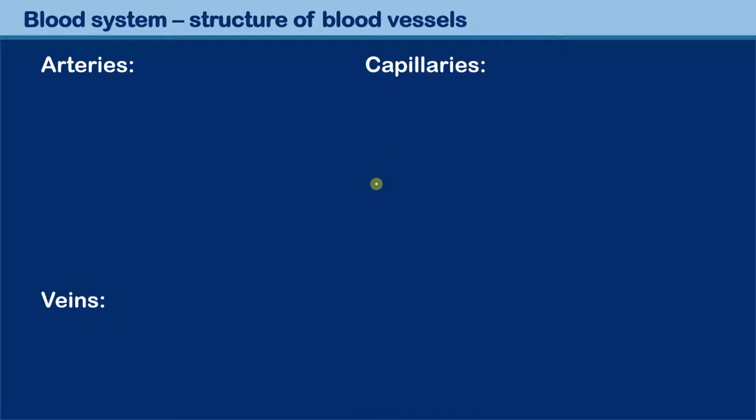There are three types of blood vessels: the arteries, capillaries, and veins. And we're now going to have a look at the cross section of these so that you understand their structures. Let's start off with the arteries. The arteries have on the inside here a lumen, and this is where the blood is transported, and they have